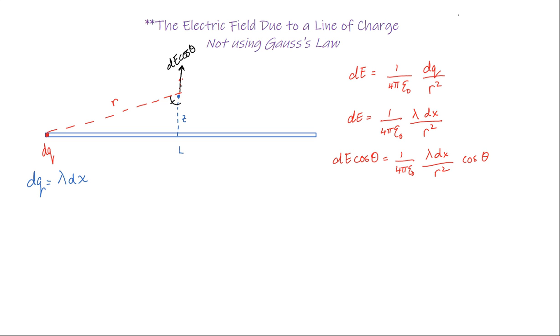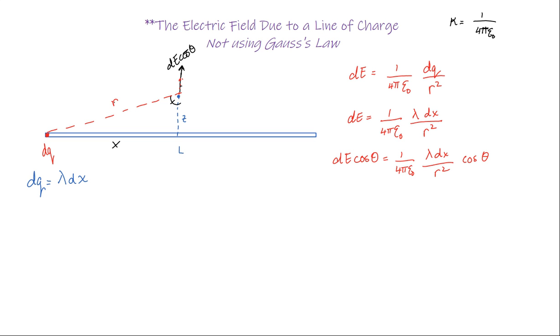Also, as a little side note, in this video instead of writing 1 over 4 pi epsilon naught 1,000 times, because we're not going to have any radial symmetry here with pi, I'm just going to change that to k, just to make this a bit easier. Remember, what we're going to do eventually is integrate both sides, add up all the pieces. So let's go ahead and write out some expressions for things in the equation so we can get rid of having so many variations. The first thing that we could use, at any dq position x away from the center,